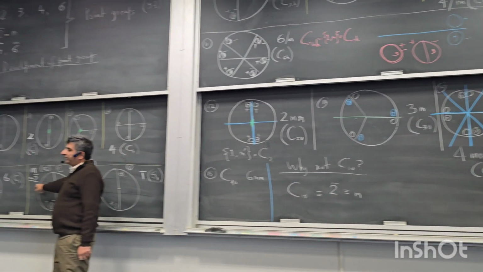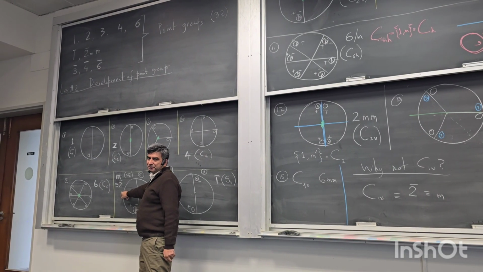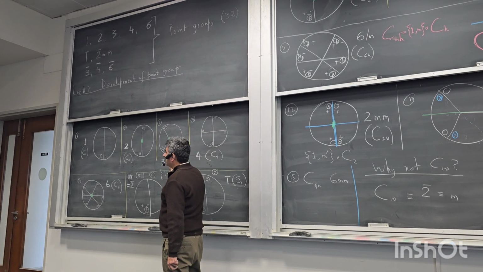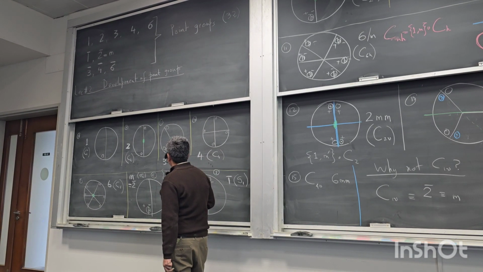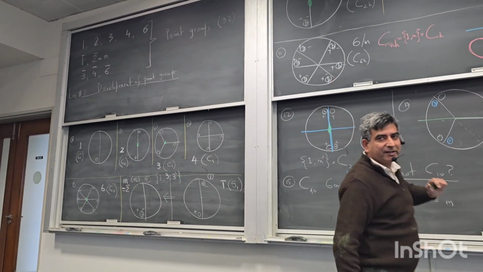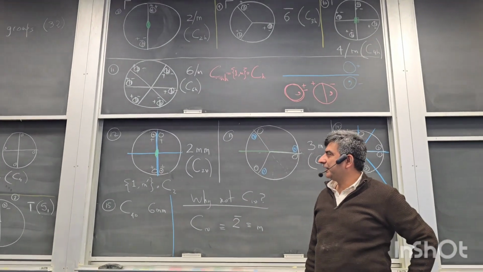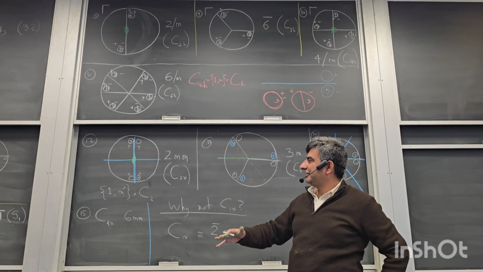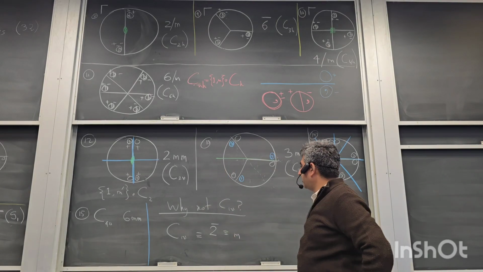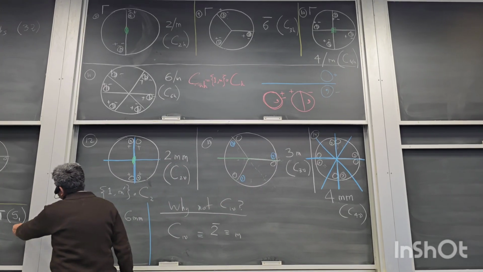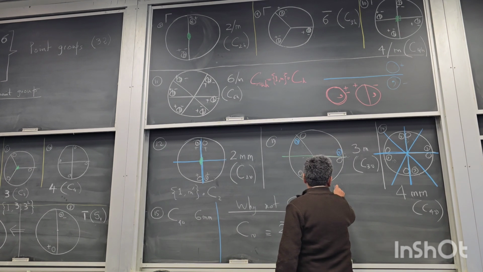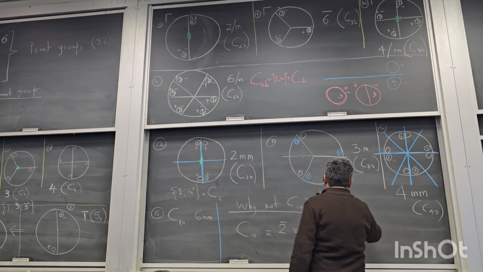This in a way is equal to another roto-inversion operation, 2 bar. But we can also have 3 bar. We can also have 4 bar. 6 bar we already have covered, over there, group number 9. So we can have 3 bar and 4 bar: 2 new improper rotation groups. So this is one improper group. Let's have another group, number 16, which is formed by